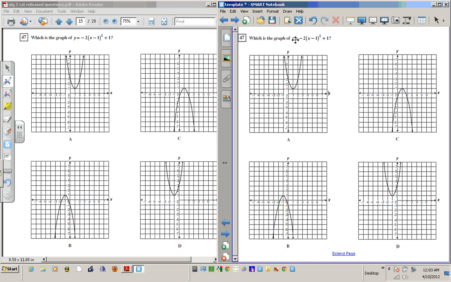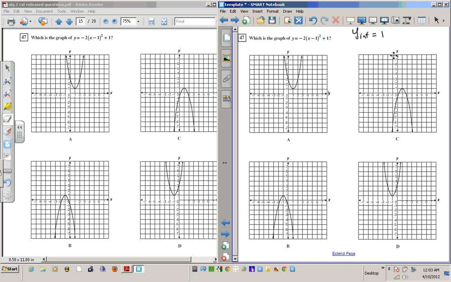Okay, so for this one, the y-intercept is this number right here. The last number, when you set x equal to 0, this whole expression goes to 0, so the y-intercept is 1, okay? So y-intercept is 1, because when you plug in 0 for x, you're going to have, I'm sorry,